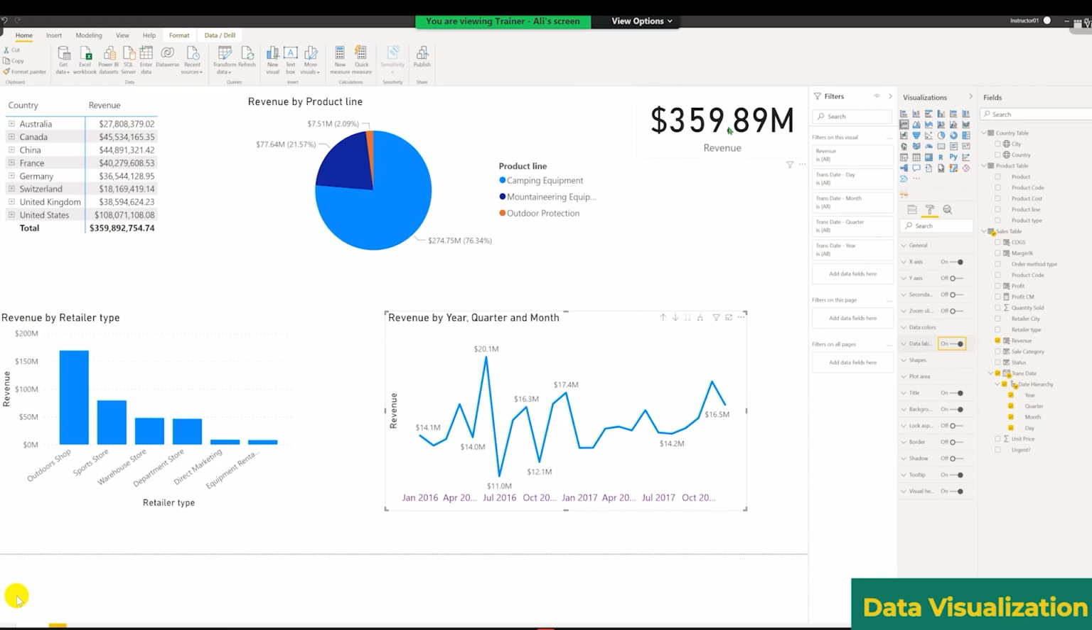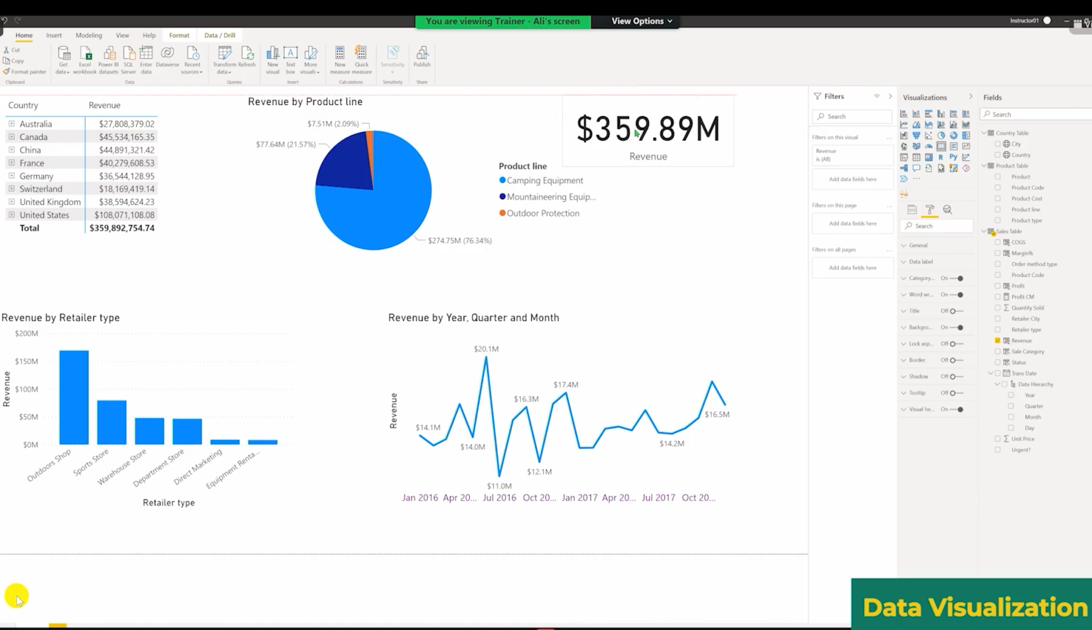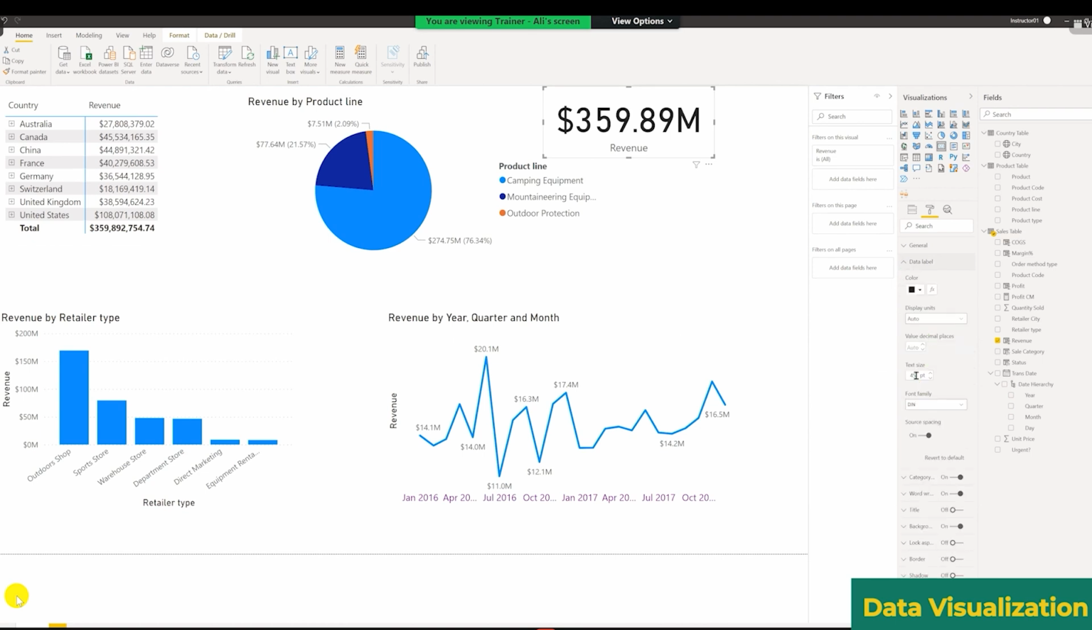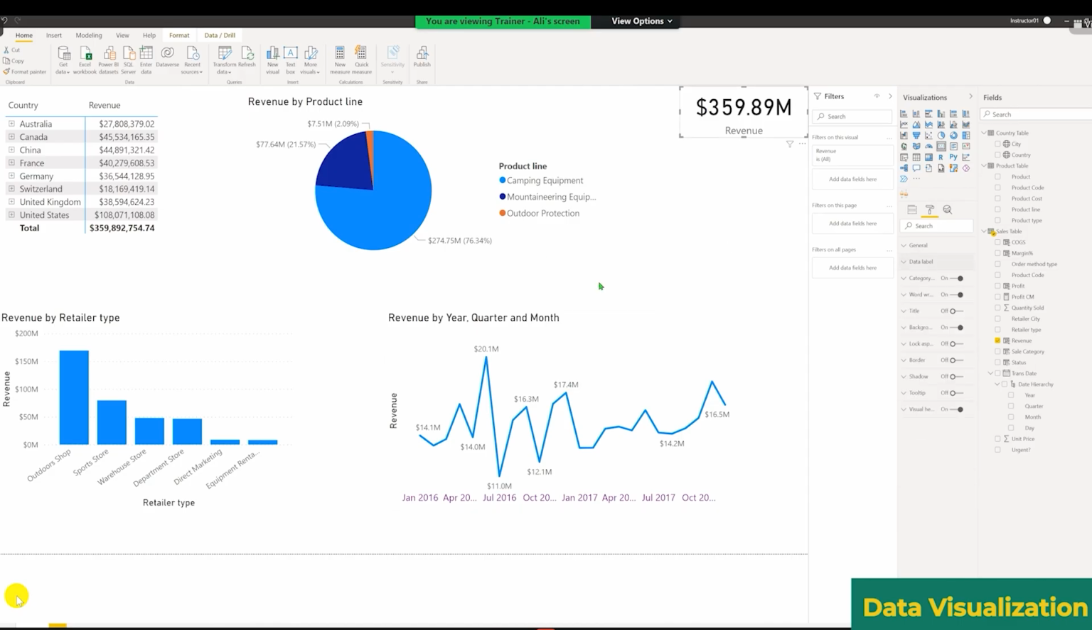See this card. I think the size of the font is too large. I can go here, click on the data label, maybe decrease the size to 30, decrease the size of the card, and put that in one corner. So just play around with these options. It's very easy. All the options are very intuitive. I just want to give you some time to play with the options. And I will also do some beautification of the